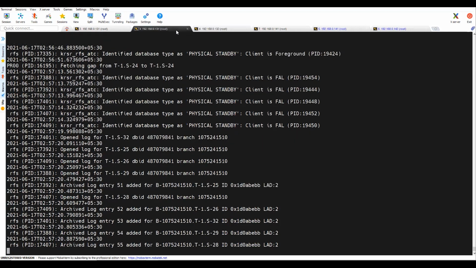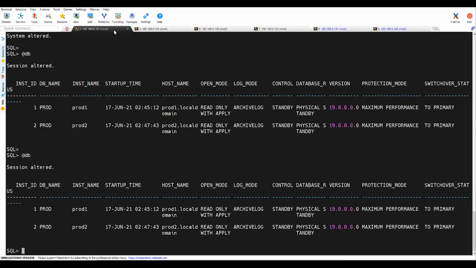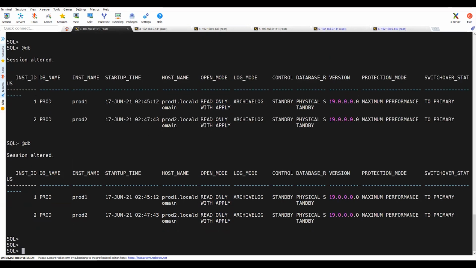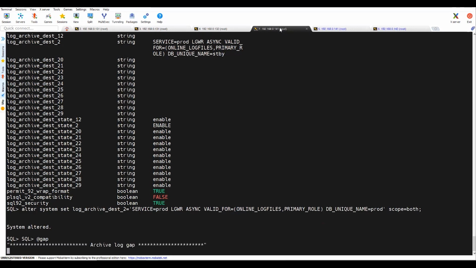Because of the parameter issue, it was not able to transfer the archives, but it is now able to transfer those archive logs. Also, let me run the gap command as well.